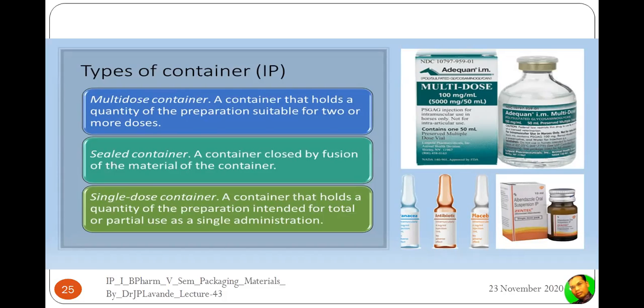There are some kinds of sealed containers, a container that is closed by fusion of the material of the container, that is said to be the sealed container. And there are multiple dose containers, that is a container that holds a quantity of the preparation suitable for two or more doses. Like say this is